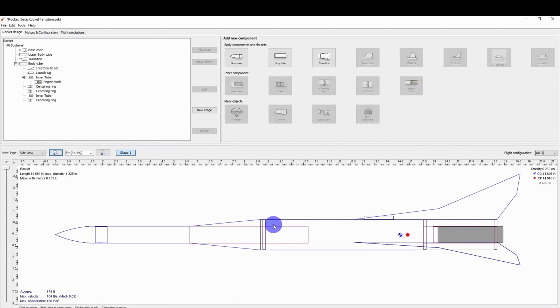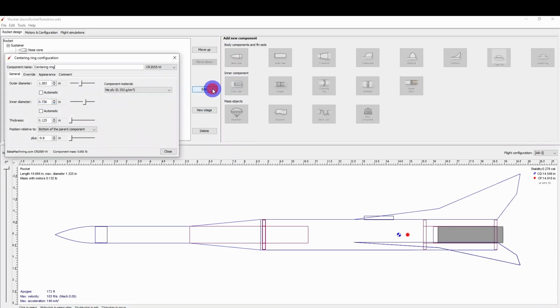And then we're going to do our trick of centering ring. Control C, Control V. We got a second one. We're going to do an edit on it. And like we did before, we're just going to move it down a little bit. So it's at 9.8, so we're going to put it at,